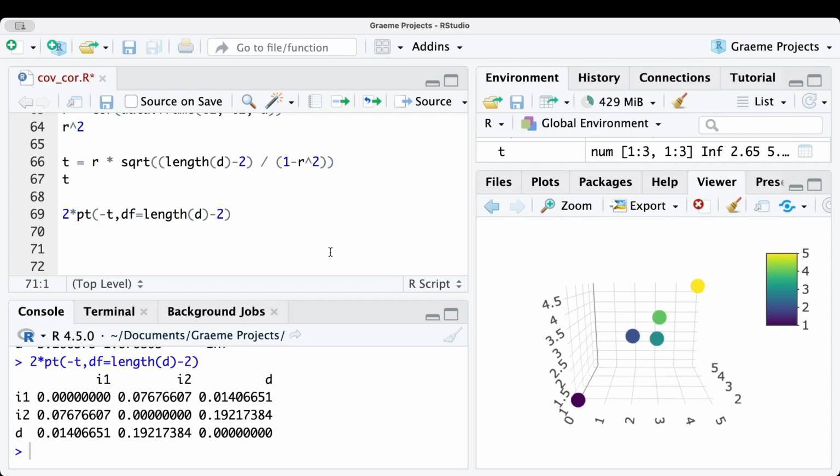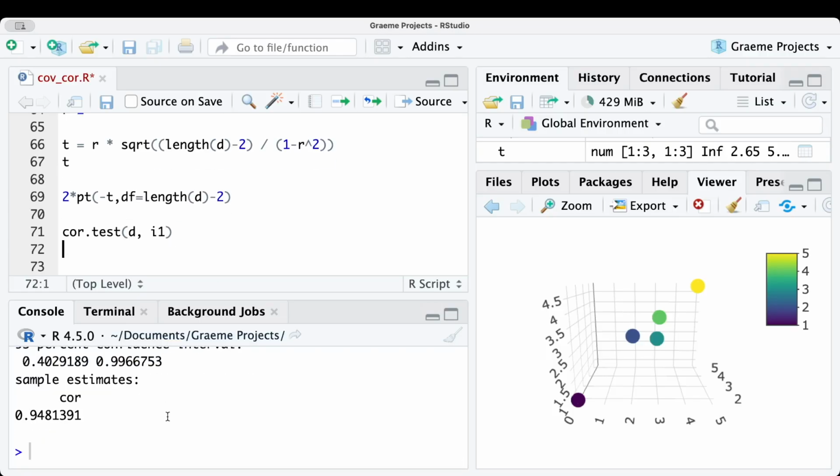But of course, again, R is a statistics programming language, so of course they already have this in there. It's cor.test. It will give you all of this, but with a lot less work. And if you want just the p-value from cor.test, you can use $p.value. If you don't put this $p.value here, it gives you a very long